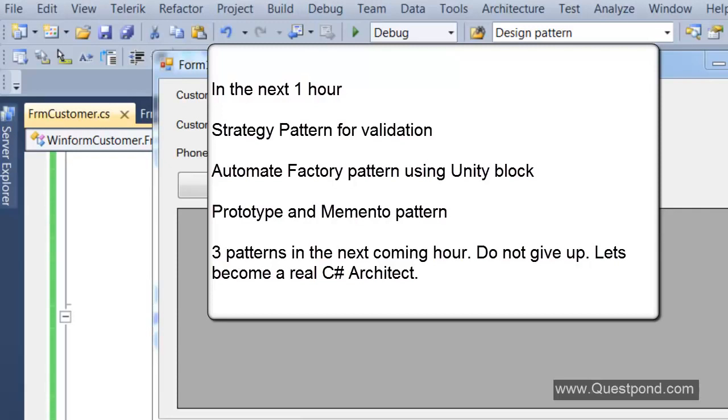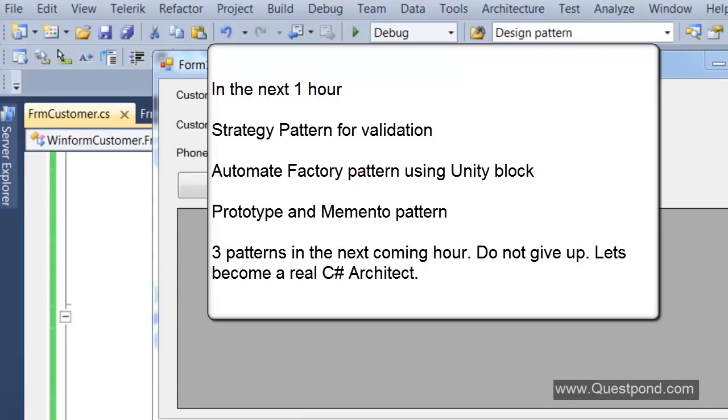We will also see how we can automate the factory pattern class, the simple factory pattern class. Because at this moment, if you see, we are writing a collection, then we are doing a lookup and whatnot, right? But in reality, if you want to create a lot of these factories like this, you would end up with a lot of custom coding.